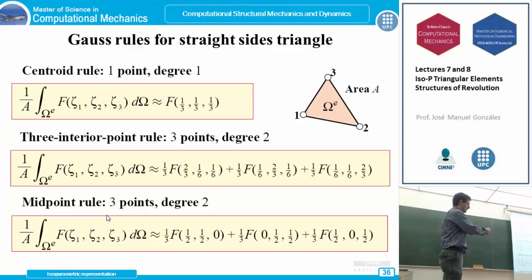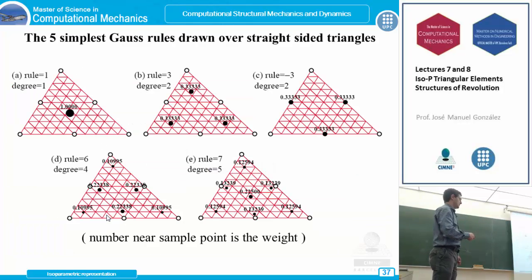Well, these integration points, as we did in the triangle, in the quadrilateral elements, are located in this way. So it's our work to decide which is our integration rule, which is the degree of exact integration we want, and which is the computational cost of using 1, 3, or 6 or 7 integration points for any case. This is the first